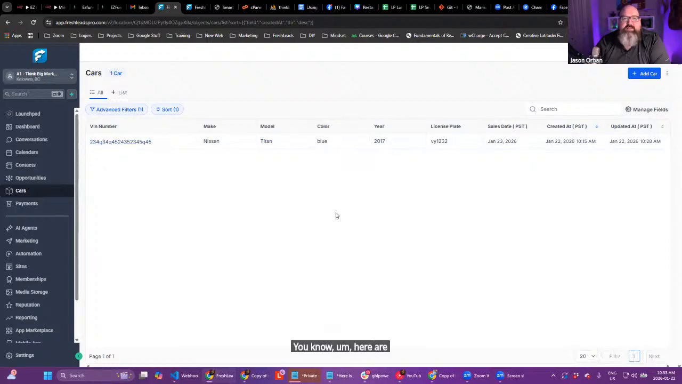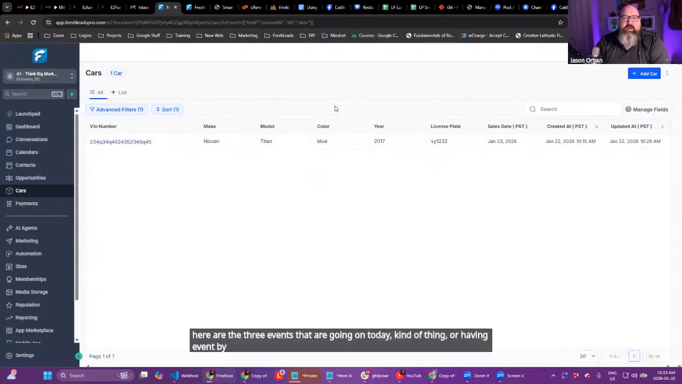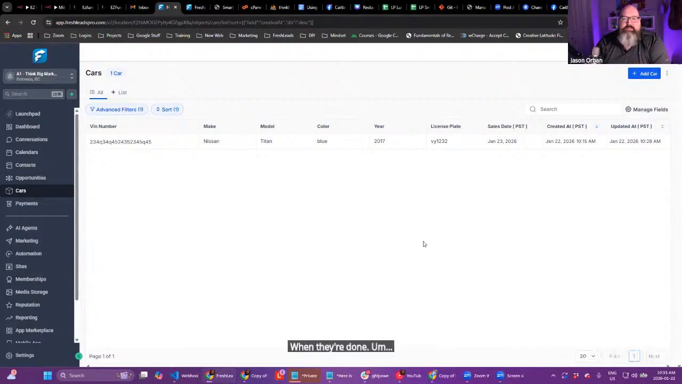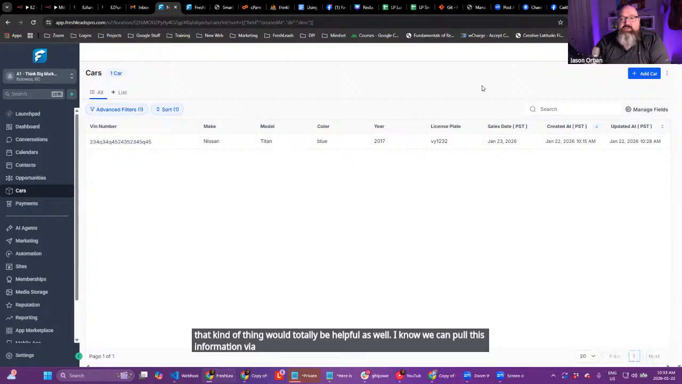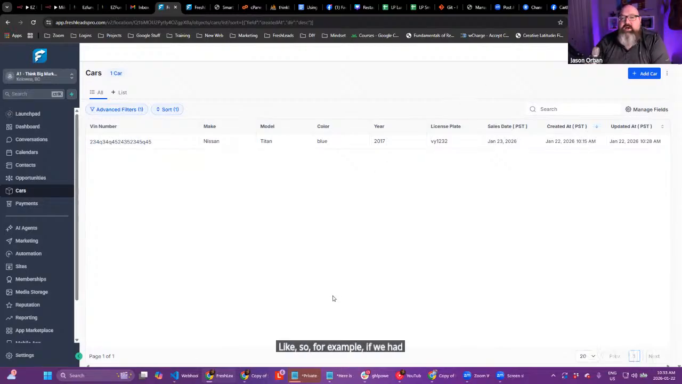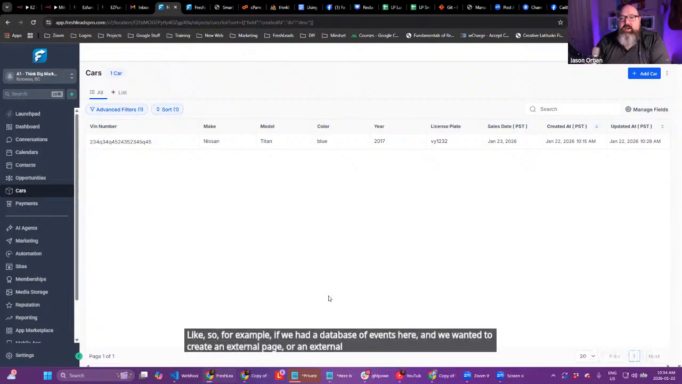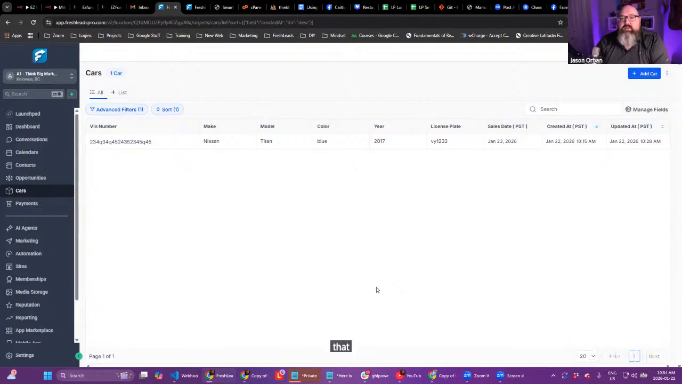Here are the three events that are going on today, kind of thing, or having events by date, right? And then you could mark them off when they're done. That kind of thing would totally be helpful as well. I know we can pull this information via the API and show it somewhere else now. For example, if we had a database of events here and we wanted to create an external page or an external API call that then pulled in those events